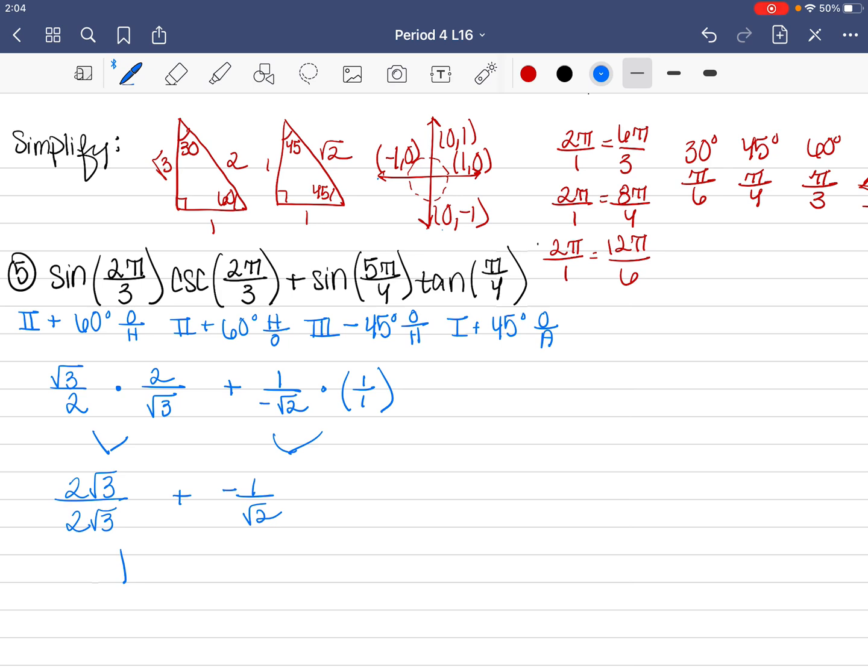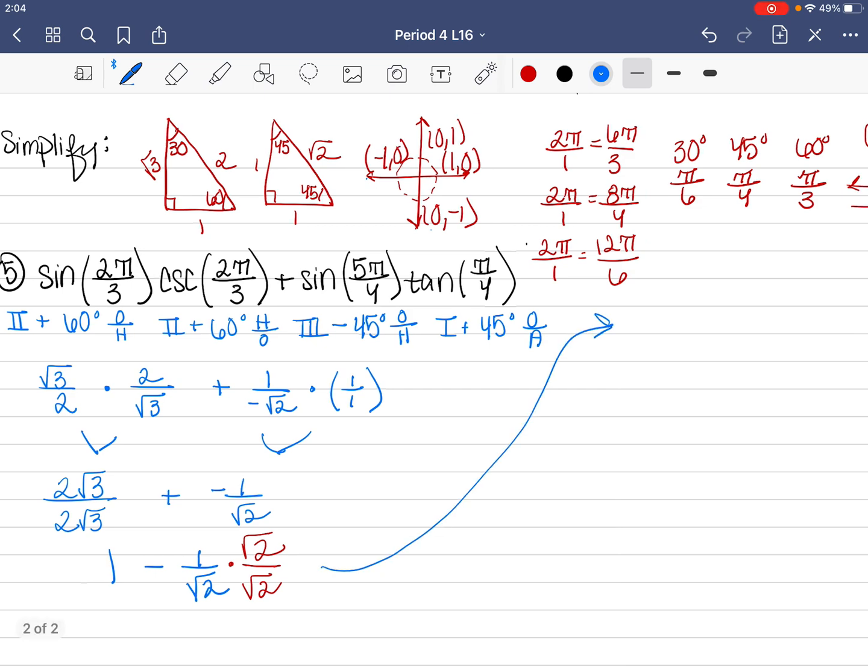And plus a negative is just minus. And now I do have to rationalize. So we can't have a radical in the denominator in our final answer. So we're going to multiply by radical 2 over radical 2. And I'm going to come up over here. And that's going to be, I still have the 1 in front, the minus radical 2, and now radical 2